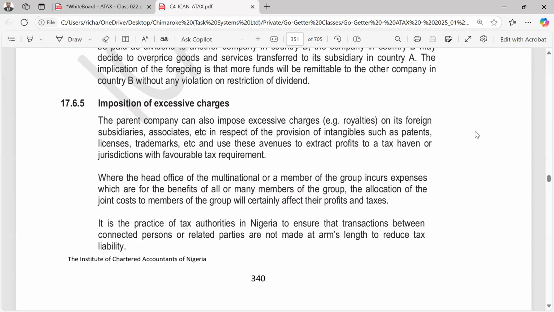So it means that where the head office is in a tax haven and it's enjoying a favorable tax regime, where the higher the income you make, the lower the tax you pay,